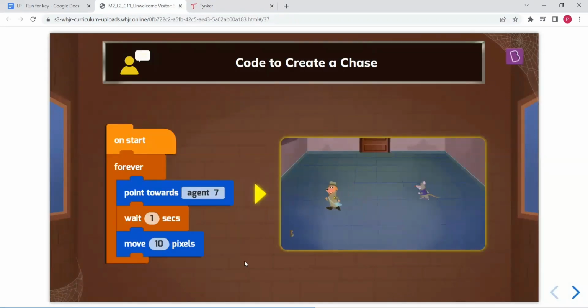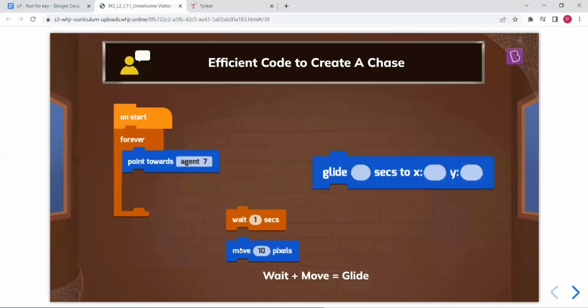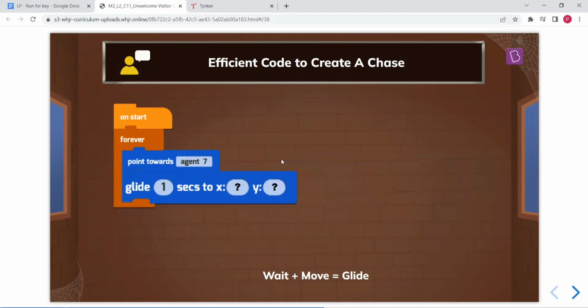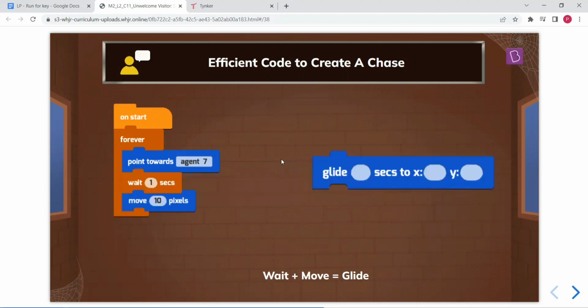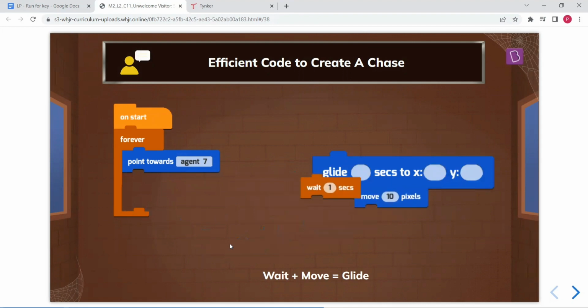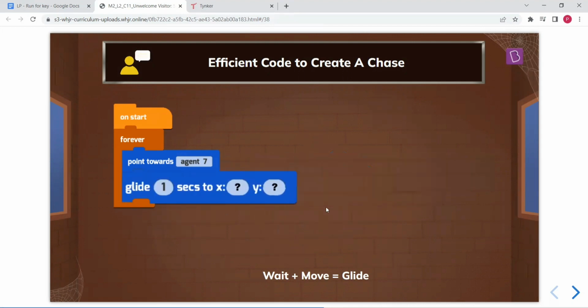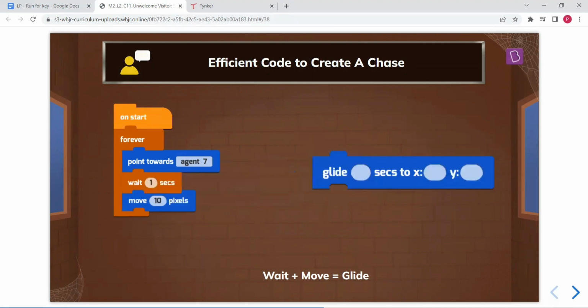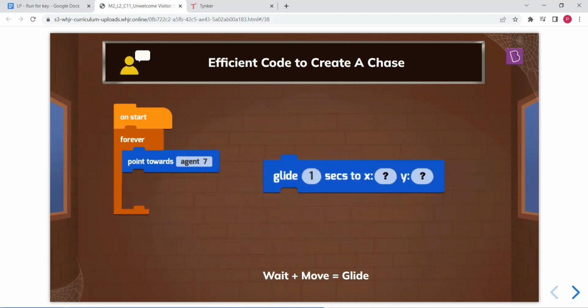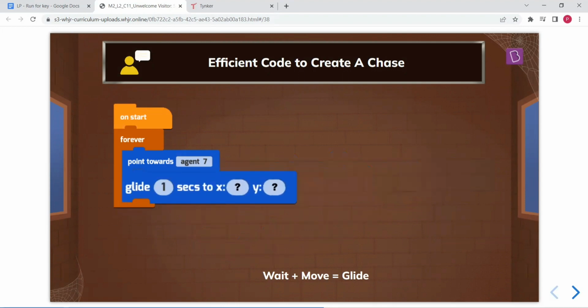So we can see that to create the chase, we made the gang member point towards agent 7, and the wait for a few seconds and move pixels blocks were used. Now there is another efficient way to create the chase. Instead of using the move pixels block and wait block, we can remove these two blocks and replace them with the glide block. The glide block does the work of both these blocks. It will allow an actor to glide gradually to a specific X and Y position in the mentioned amount